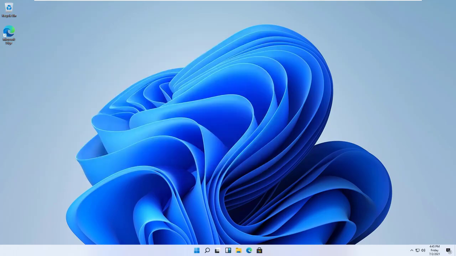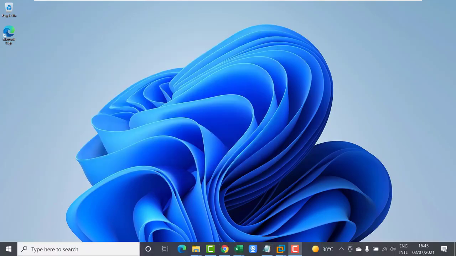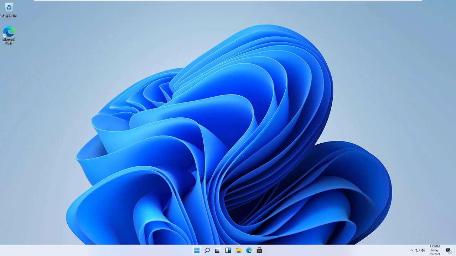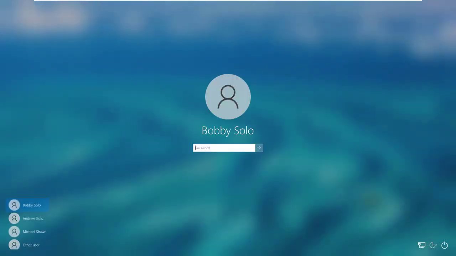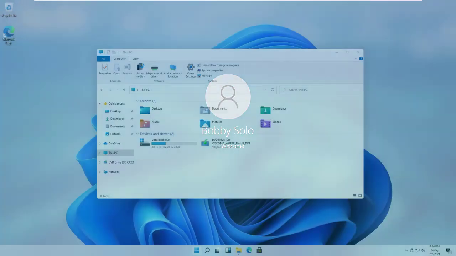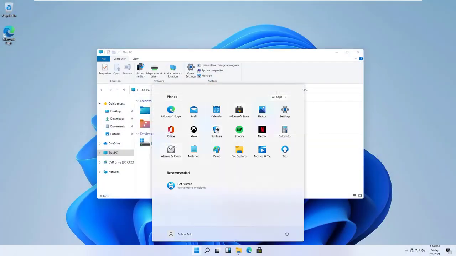I'll show you. So I need to go and log in with another user. So Andrew Gold, Bobby Solo, but I need to do the GP update first when I log in as Bobby Solo. Wala pa siya. So I need to do GP updates first.